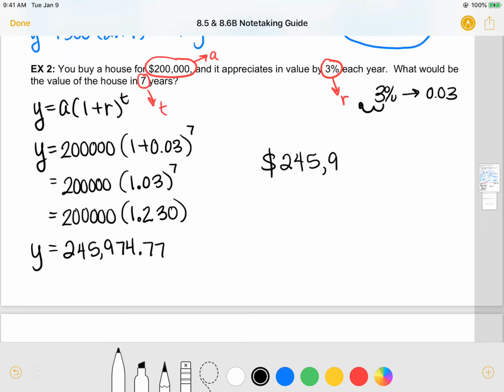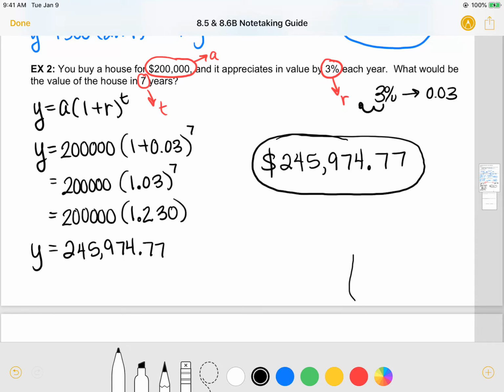So after 7 years of owning your house, you bought your house for $200,000, and after 7 years of owning that house, now your house is worth $245,000, and that means you could turn around and sell your house and make a profit of about $45,000 if you own it for just 7 years. Okay? All right, let's go ahead and flip over the back side here,